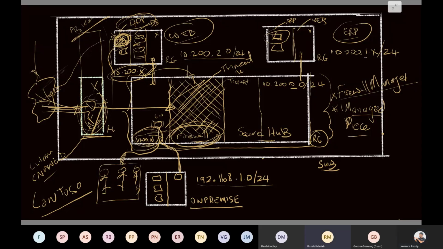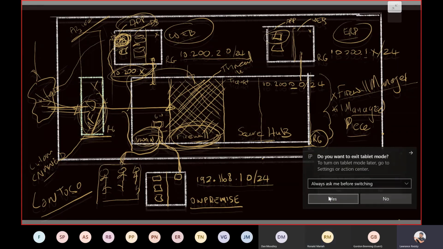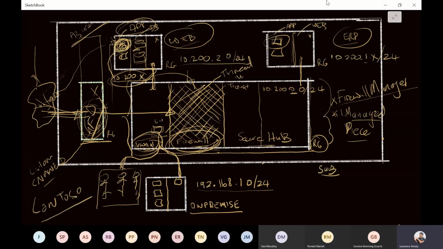Would you still suggest that in front of the Node.js application, we still have an application gateway, or would it not be needed because of Azure Front Door? Yeah, that's a very good question. So what Ronald is asking is